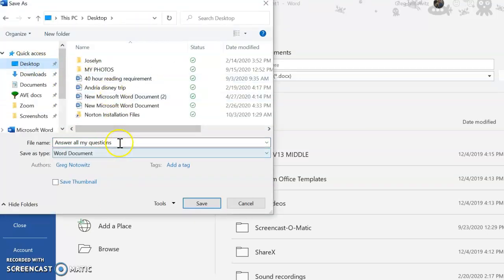Okay. And instead of, see, it says answer all my questions. That is not what I want to name it. That is not part of our naming format. So I'm going to change the name. Remember the naming format. First is year. So I'm going to put